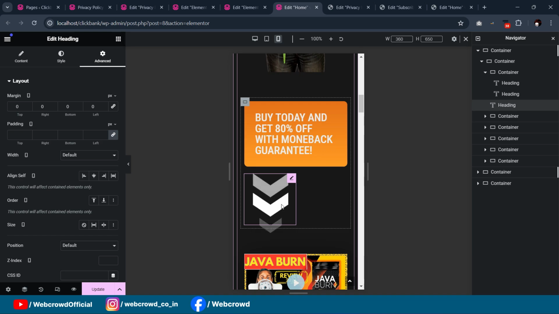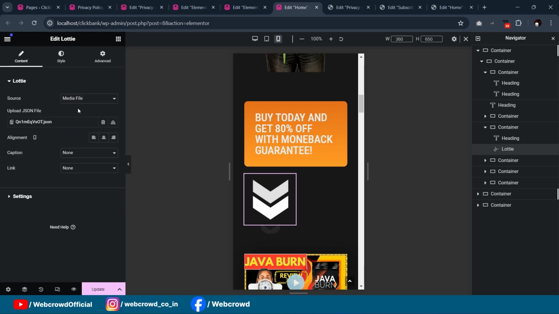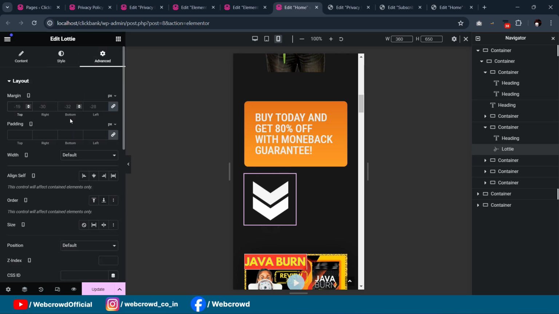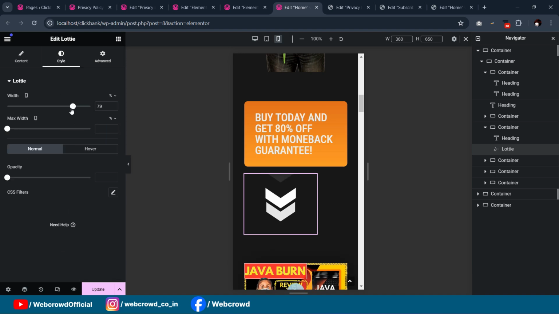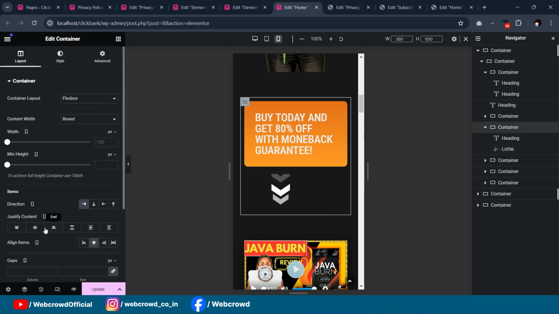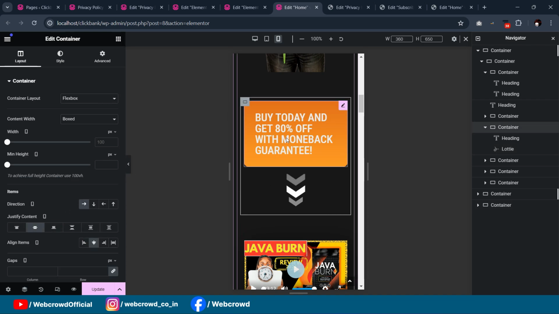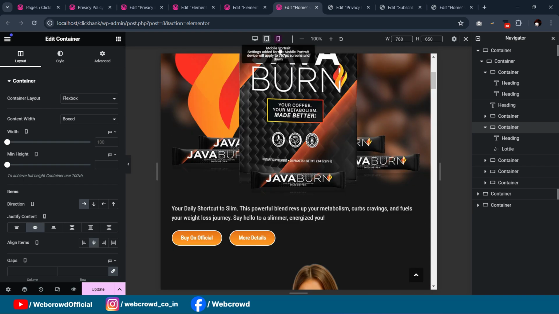This also, but in this way I will remove every margins from here and will reduce its size. This will be center. Okay,